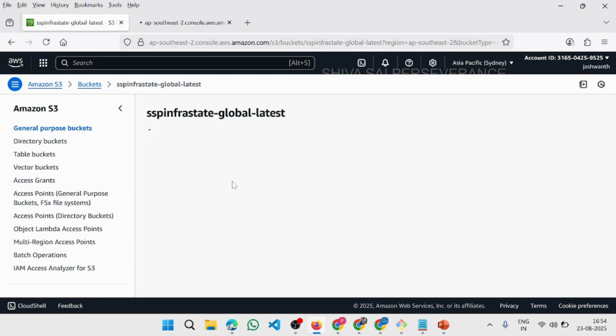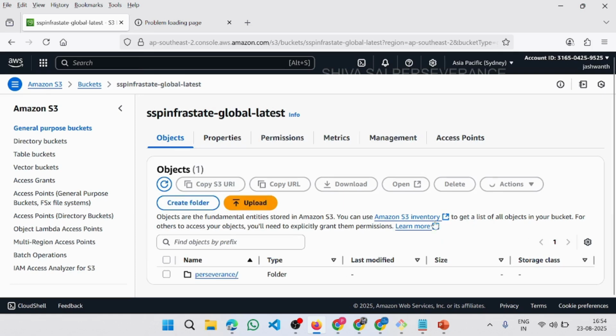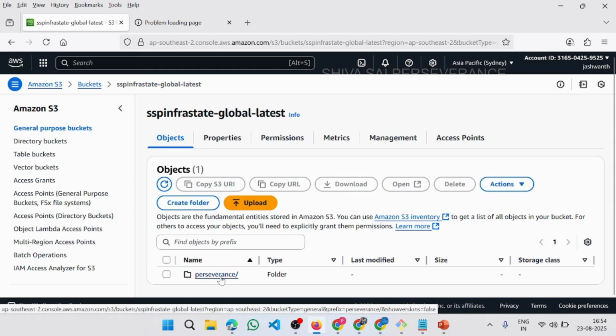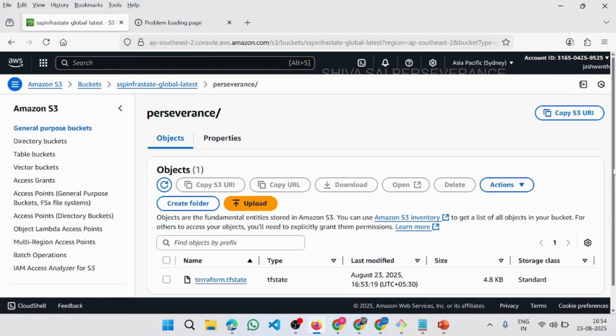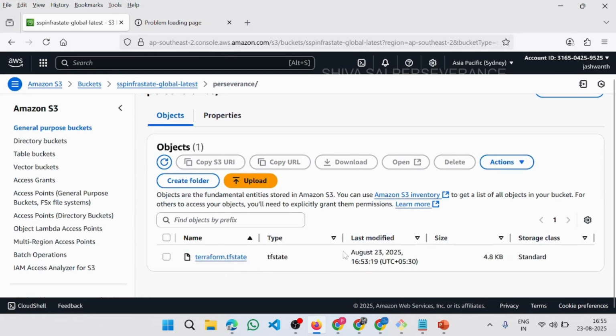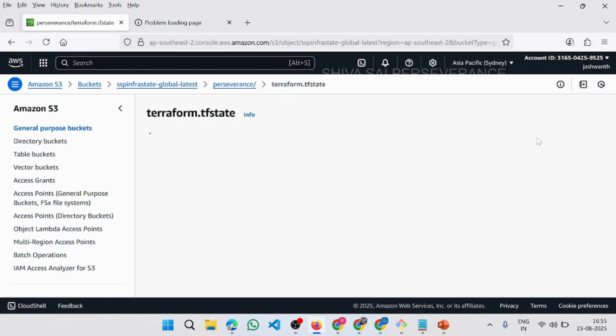It is very slow, and my internet looks good. Let's wait for it. Okay, great. We have got the directory within which our state file will be stored. If you see the date, it is August 23, today's date. If you select this and click on open, you will be able to find your